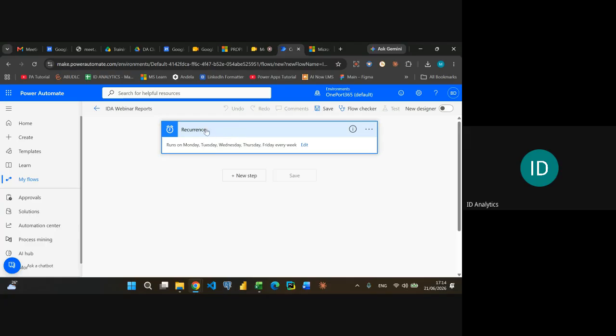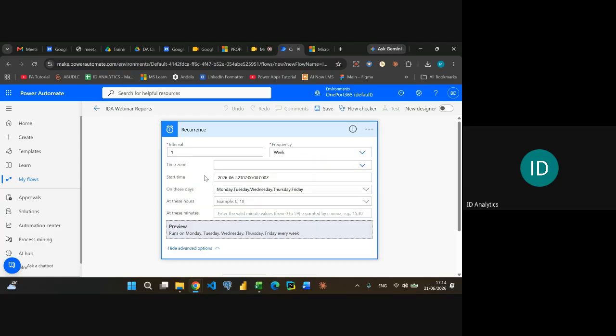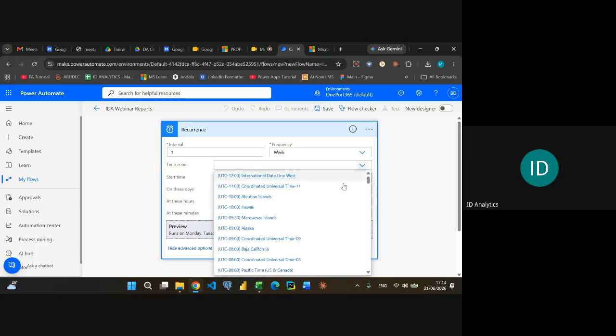So if you come here, this is the trigger, this is the schedule to run the flow. I can come here to edit it and I say that you should show the advanced options. And within the advanced option, you can select the actual time zone that you want this to run over. So I come here to the time zone and you try to see, I think we should have